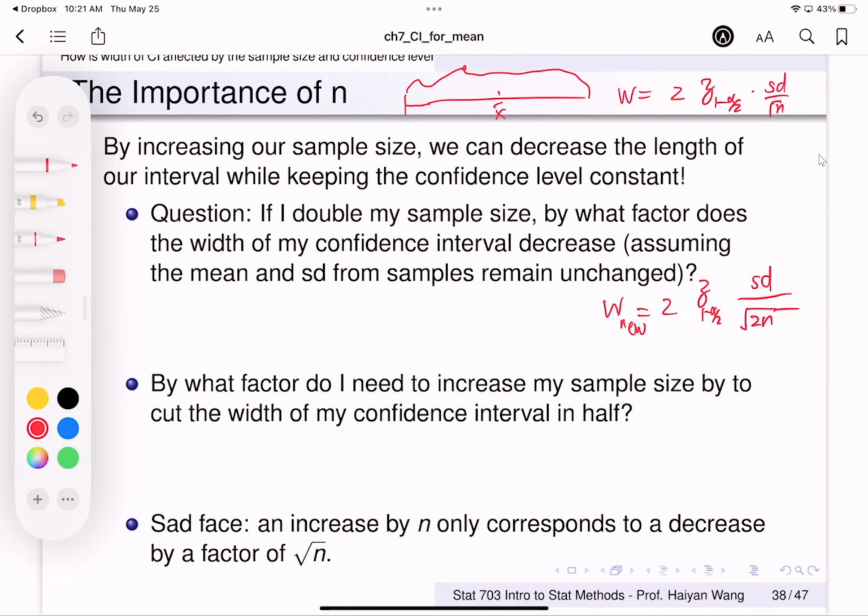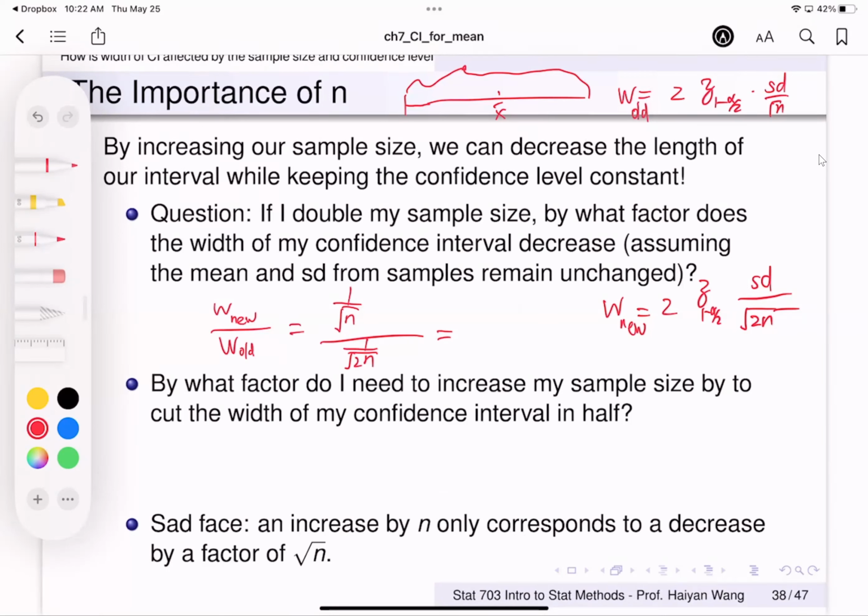So compared to before, this one is the old width, and here's the new width. The new width compared to the old width is going to be equal to the square root of n inverse, and here is the square root of 2n inverse, because the rest of the terms would all cancel out. And in the end, the ratio is,